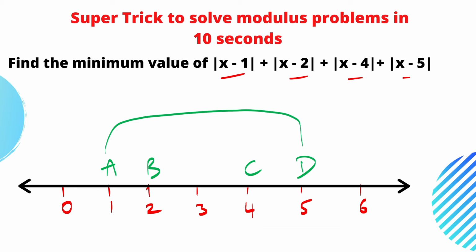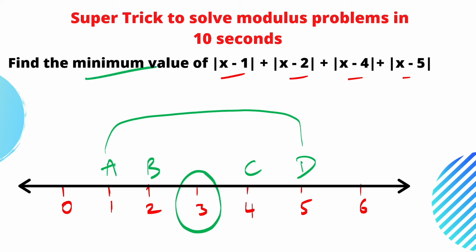Remember the condition. We have to take a midpoint such that the number of persons to the left hand side of that point must be equal to the number of persons to the right hand side. So what is that point here? Point is 3. At 3 they must meet. So the midpoint is 3. But we are asked the value.